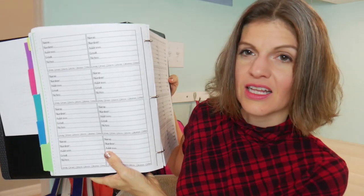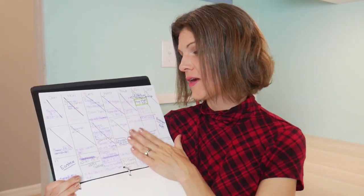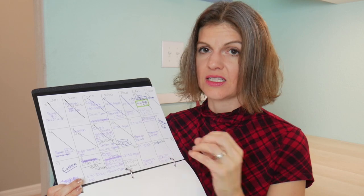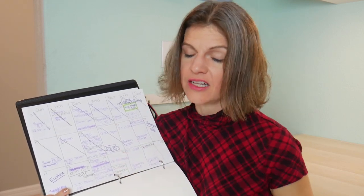I'm writing everybody's name and address in the back of my binder. I'm not gonna show you their names and stuff, but I do have a nice little sheet that looks like this. I got it from Wendy, Plan, Prep, Pray. Now in the extra section, I did write out some of my schedule just to see if I can keep track of things a little bit more, but I don't always use this